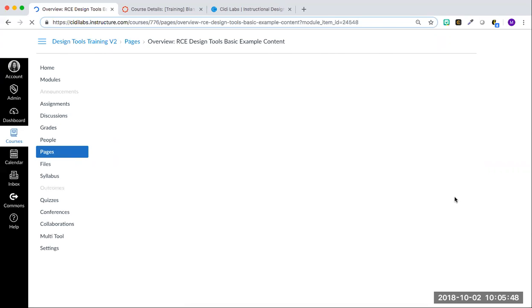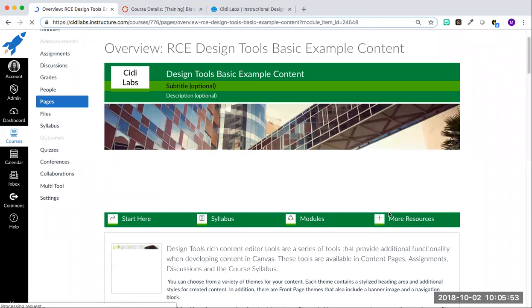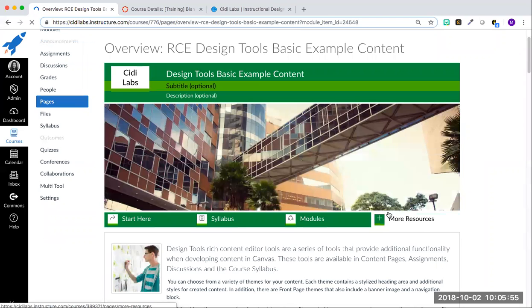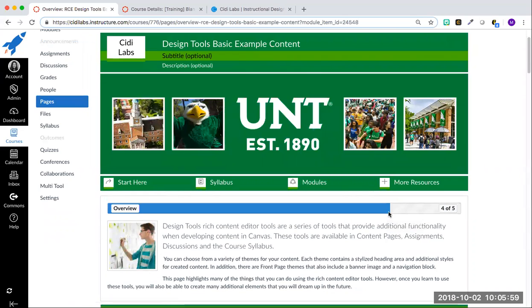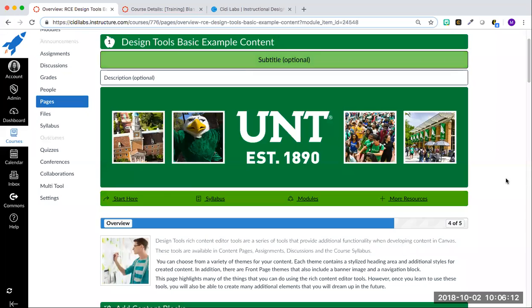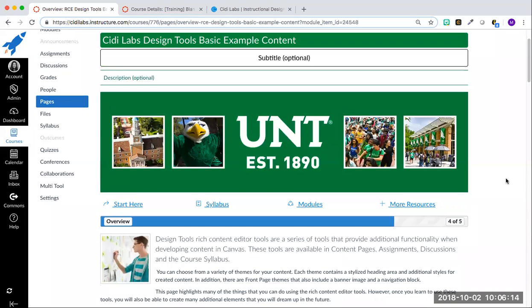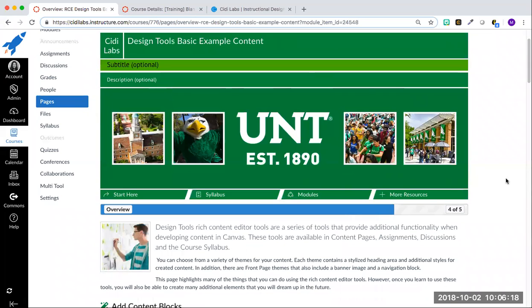So if my computer will let me, we're going to go into some previews of what your themes will look like. So I'm going to go ahead and scroll through some of these. Okay, so as I scroll through these, I'm just going to do this quickly,